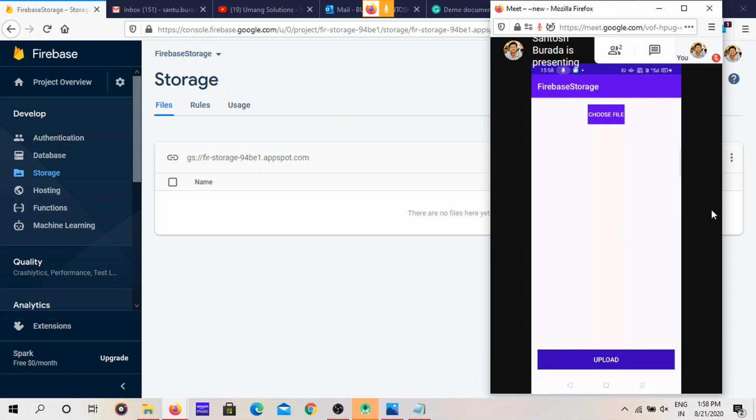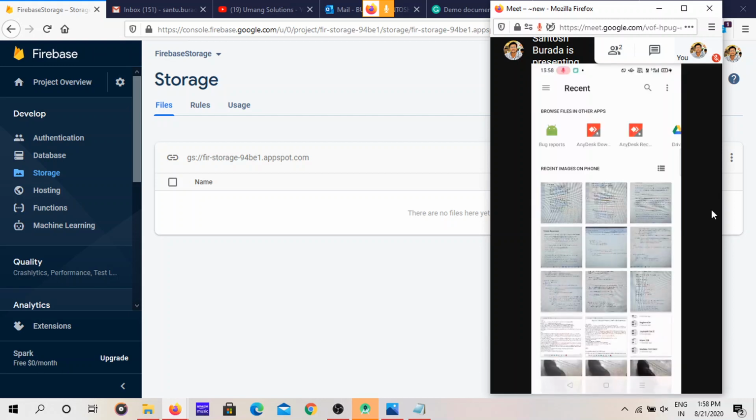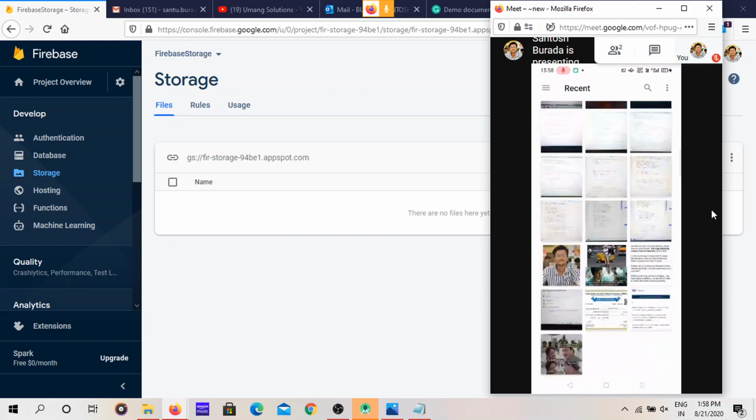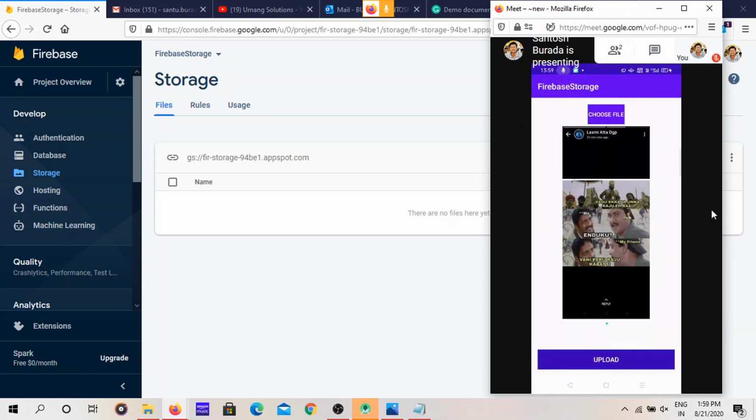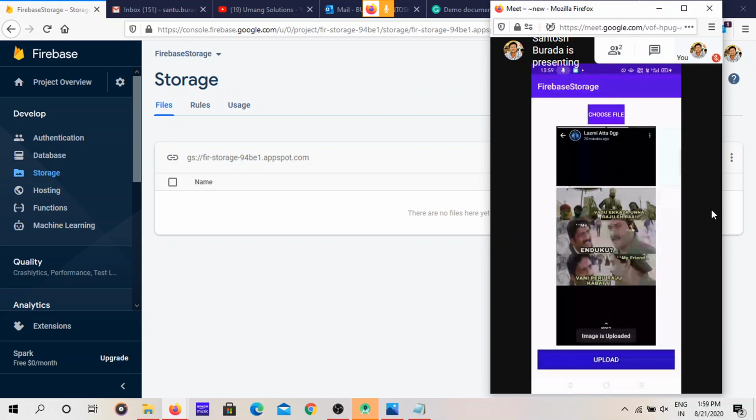Choose one file, and choosing this file, just upload it. See, the progress bar is rotating. That means the image is still uploading. See, the progress bar is just gone. See, that is not right. We have to give some delay time. We are going to see this effect in the next video. Then only you can think about what is wrong here.